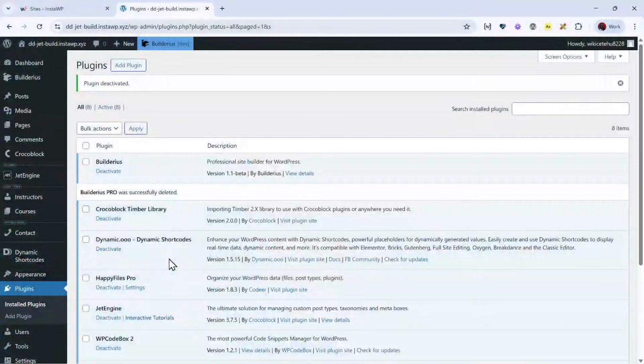Builderius. I know my screen is still not showing up, but I'm just trying to make sure that everything is working before I switch over. So single, it's still not working. Let me delete again, or delete the pro version. Delete. Let's keep trying. Okay. Plugin folder should be. Yeah,